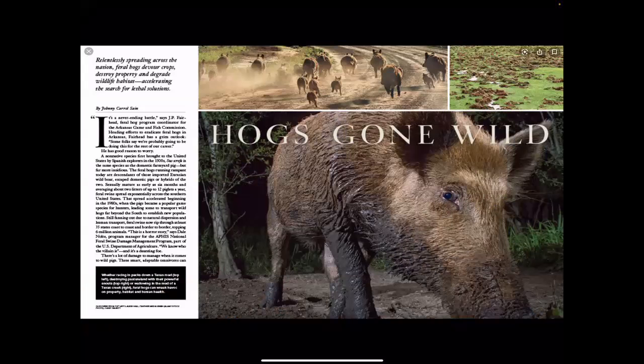Lastly, one of my favorites is the wild pigs. They will eat just about anything in their path. They compete with native species, obviously, for food like acorns, tubers, earthworms, things like that. They prey on native species like fawns or nesting ground birds. And with the mention of alligators, I have personally found wild pigs rooting around in an alligator nest.